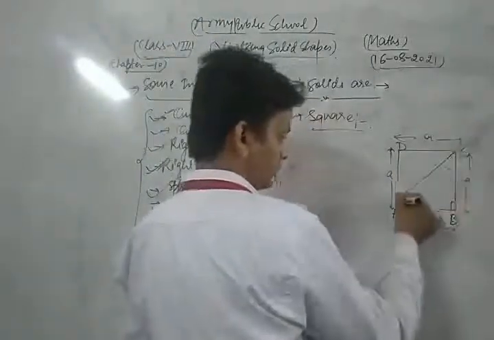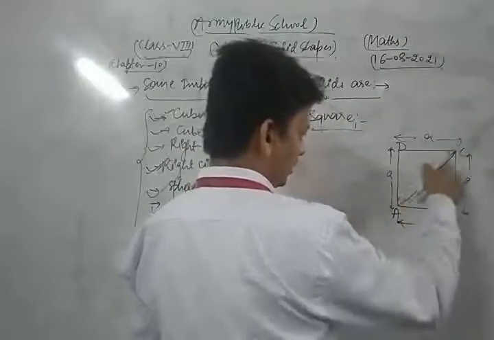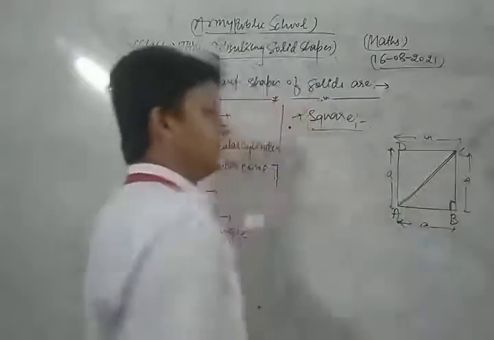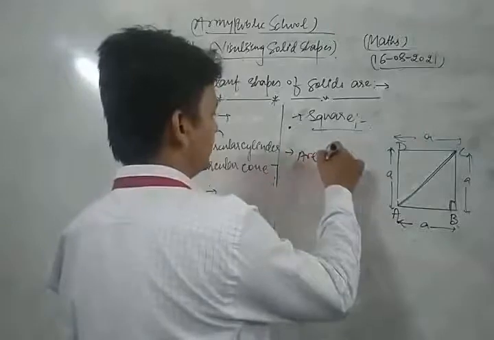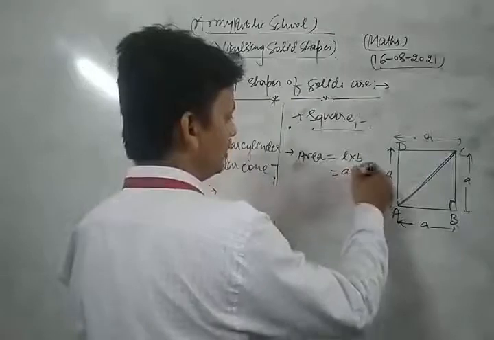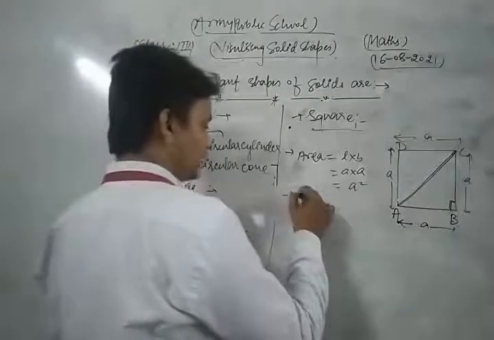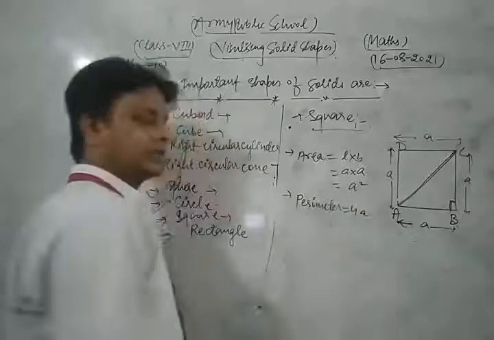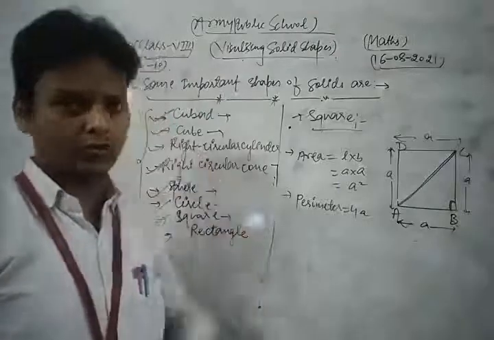And this is the concept. This is its diagonal. You see, this is the diagonal of the square. The first formula related to that is the area of square, which is length into breadth. Length is A into breadth is also A. So we have A square. This is the formula for the area of square. And perimeter of the square is 4 into side, means A plus A plus A plus A. 4 times we are adding them, so we get 4A, which is 4 into side.